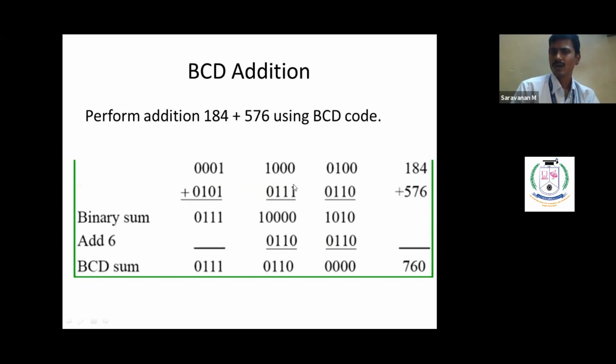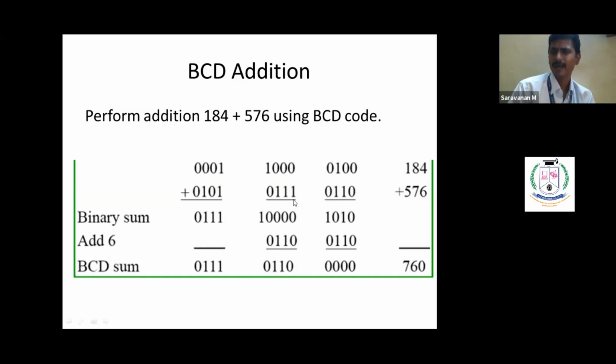Okay, so if you add this, you have to start always from the right side. By adding this, what we get is 1010. Clear? Right? If you add this, what we get is 1111, which we don't have as BCD. With that, we have to add this 6, 0110, so that we convert that all ones into the corresponding BCD like this. Clear? So the logic is very simple.